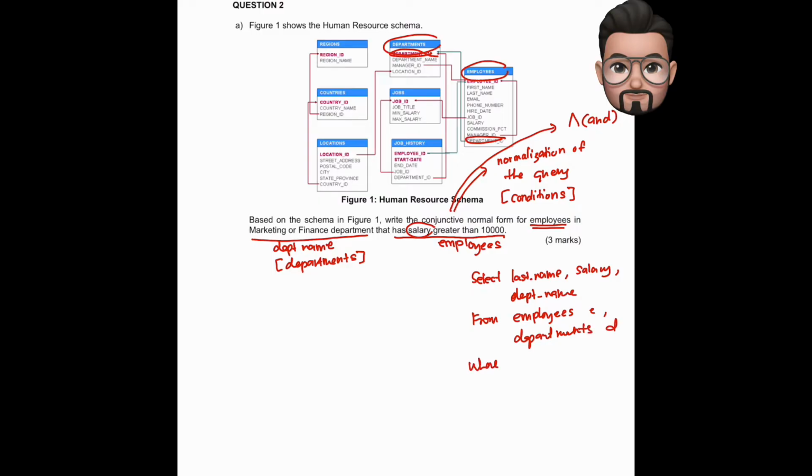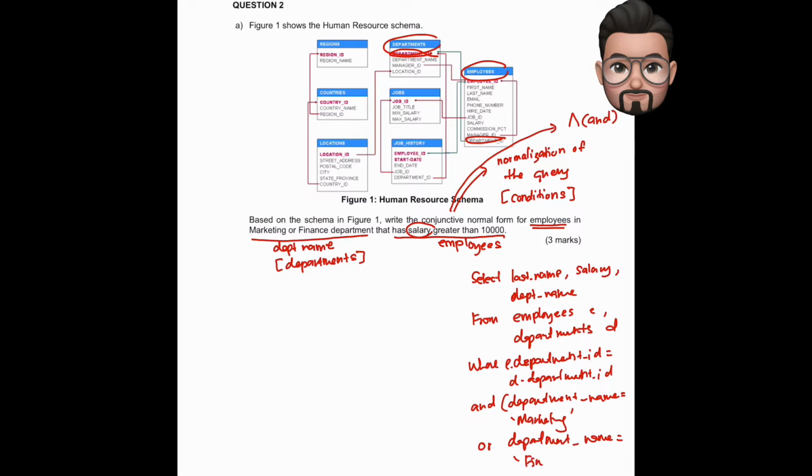where we do the old version of the condition of the join: where E dot department ID equals D dot department ID and (department name equals marketing, make a bracket here, or department name equals finance) and salary